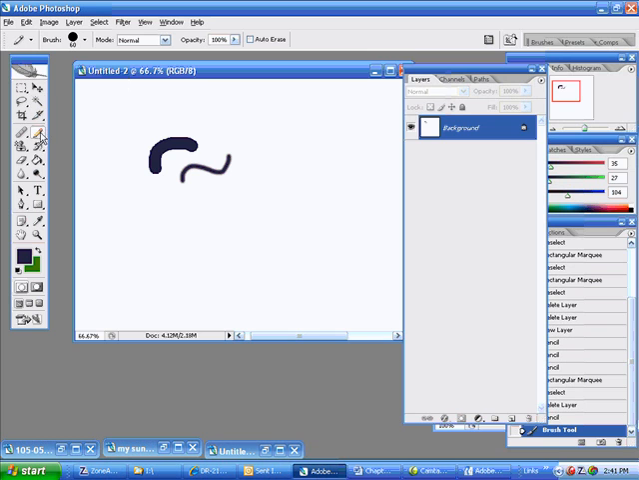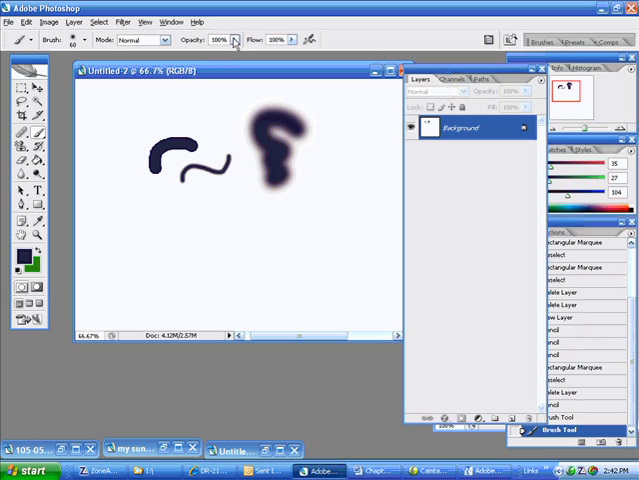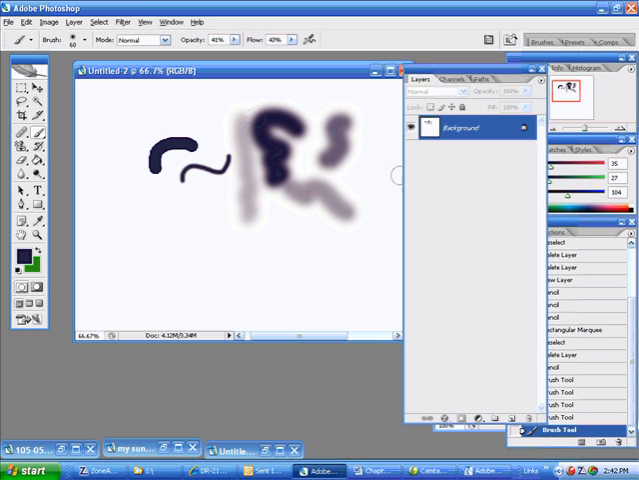With the brush tool, you can also change the size of your brush with the bracket keys. You see, size of your brush. You can change the opacity up here too when you're working. You can make it lighter. See? And the flow of your brush, you can make it go fast or slow,